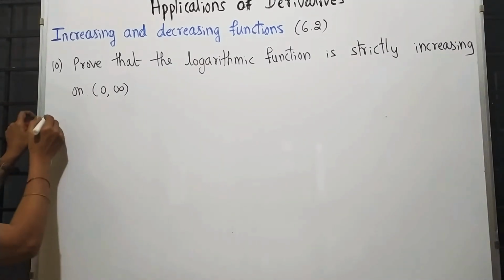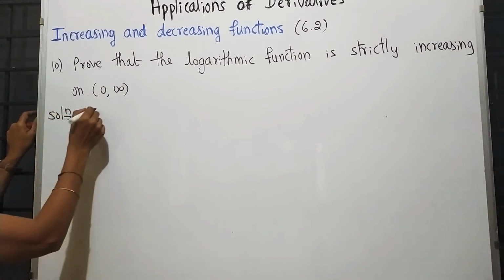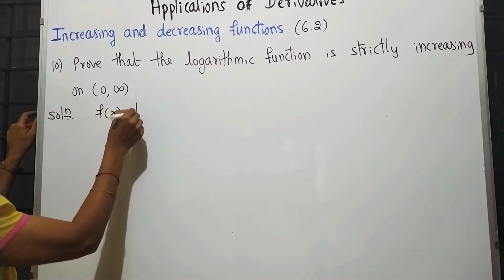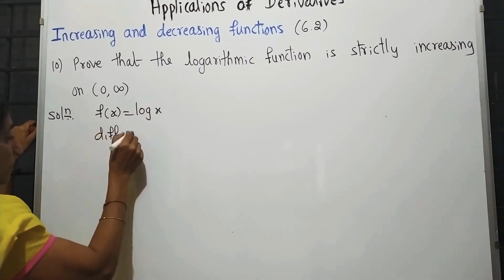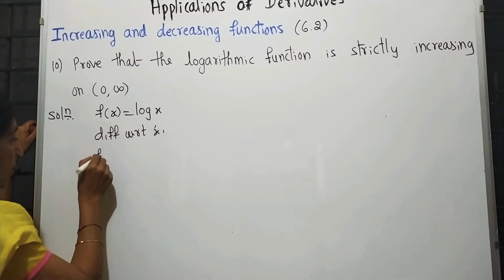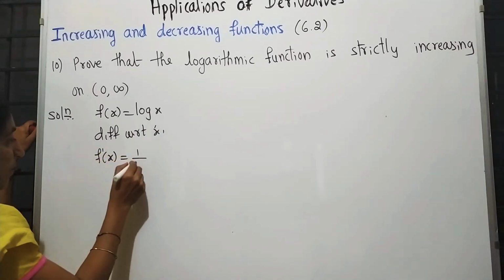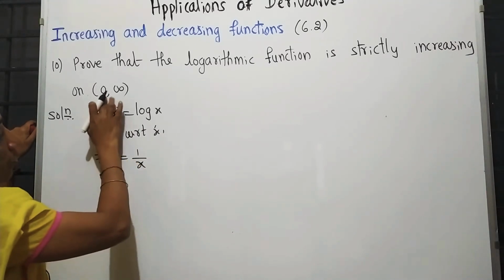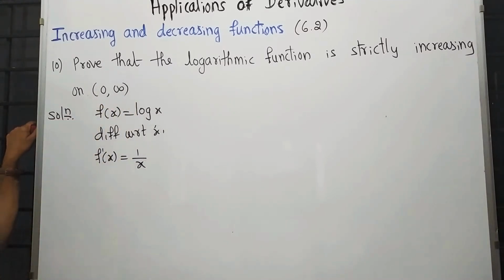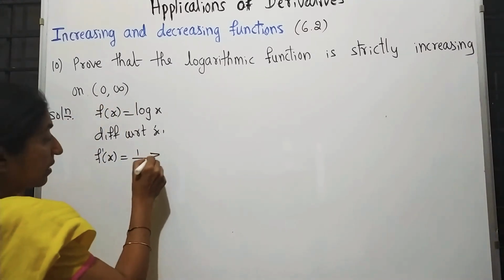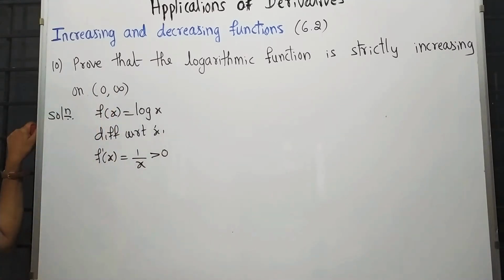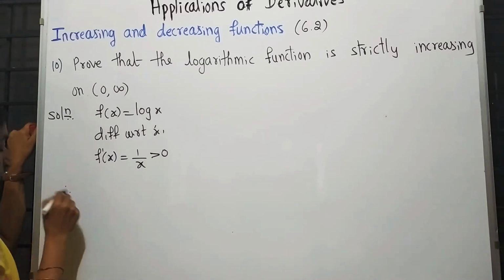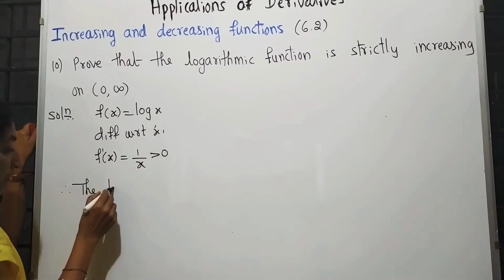So first, what is the logarithmic function? f of x is equal to log x. Differentiating with respect to x, f dash of x is 1 by x. And you know that 0 to infinity means we are not taking 0 and we are not taking infinity; it is an open interval greater than 0. In between 0 to infinity we are getting all positive values, and the reciprocal of positive values is also positive. So therefore, the logarithmic function is